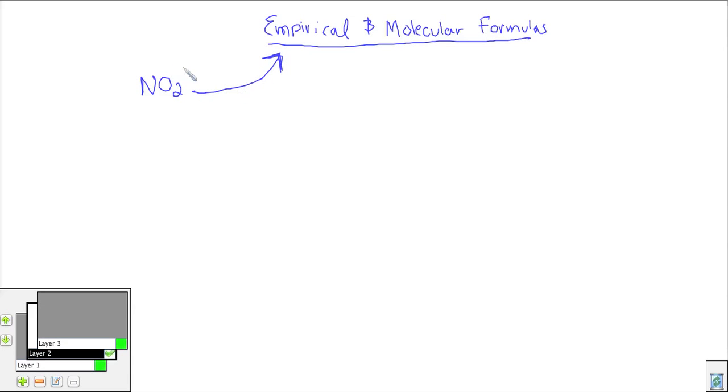Because this formula shows me my ratio of nitrogen to oxygen atoms, and you can see that my ratio here is 1 to 2, which is my lowest possible ratio. If I had N2O4, that could be reduced down to NO2, so that would not be an empirical formula,